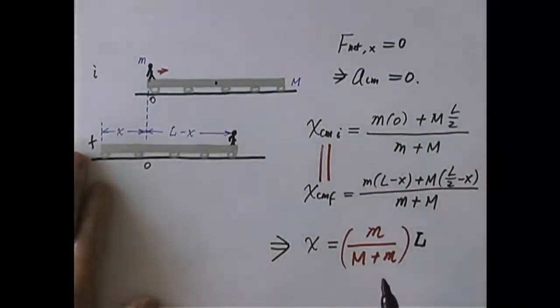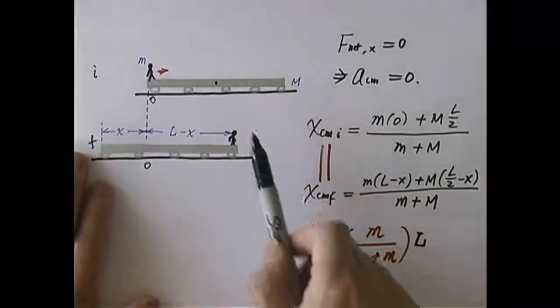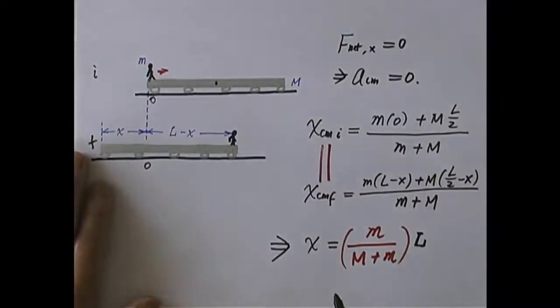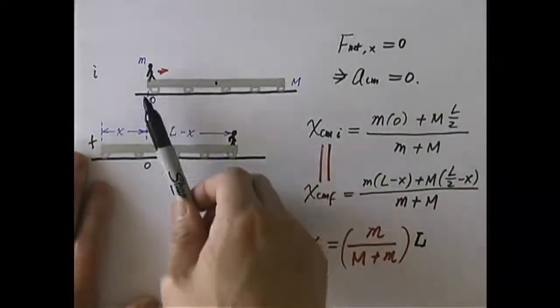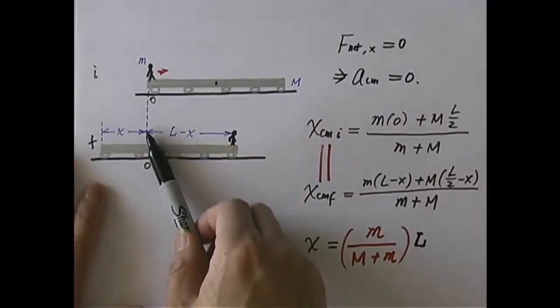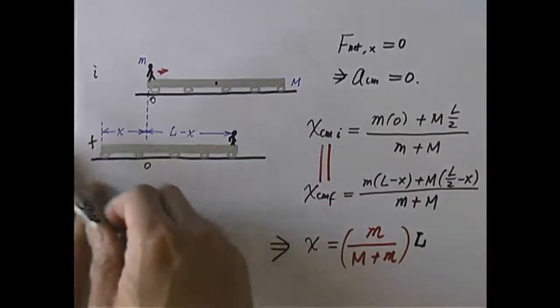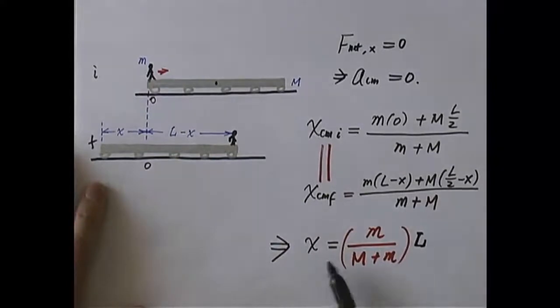It hardly goes backwards. On the other hand, if the person is far more massive than the car, then as the person walks forward, the car will have to go all the way backward. In fact, if the person is far more massive than the car, then the center of mass of the system is pretty much the center of mass of the person, and that center of mass cannot move. You remember? It cannot move. So the person eventually ends up not doing anything, not moving forward or back relative to the ground, which means he stays there. Even though he ends up at the right end of the car, that means the car has to retreat all the way back by distance equal to L. So x would be equal to L.